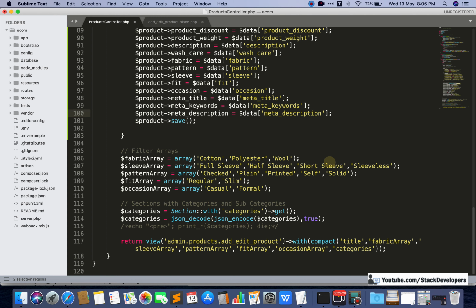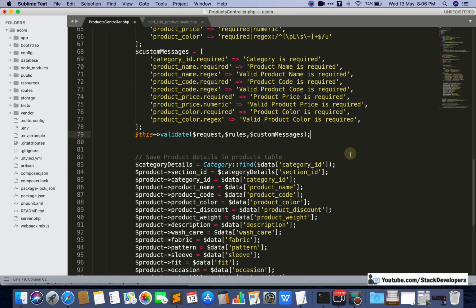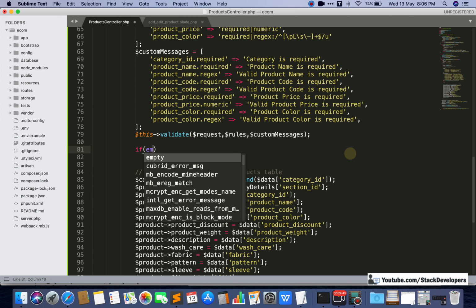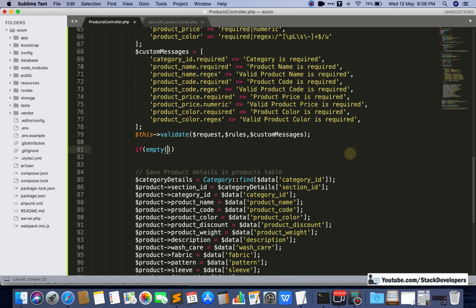Okay, so last one is featured. For is featured we are going to add a condition: if the is featured data is empty, then is featured is 0, otherwise is featured is 1. Because that is a checkbox, we need to add the condition like this: